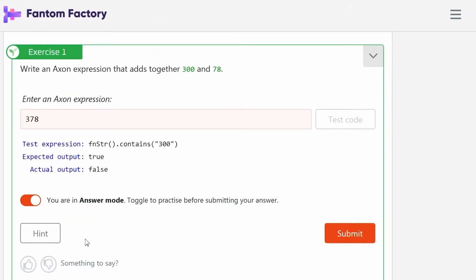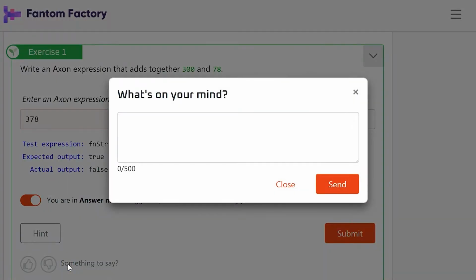An alternative approach, if you really want to answer the question, but you're not sure what is going wrong, is to send us some quick feedback. We'll often send a helpful response within a day or so, leaving you free to carry on with your training until we can provide some assistance.